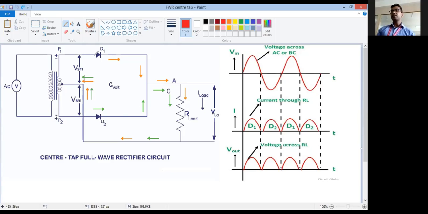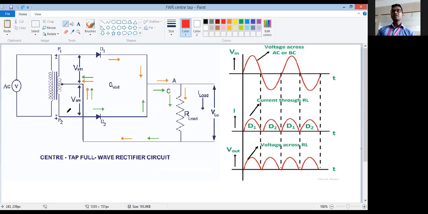And how are they connected? See, the output of D1 is going to the load, and also the output of D2 is going to the load. As you can see, the orange lines and the green lines: the orange line for the positive half cycle of the input and the green line for the negative half cycle of the input. We'll study it briefly, but just understand the construction of the circuit. If you see the construction of the circuit, here AC input is applied and we are getting the DC output here, correct? And the AC signal is given to the rectifier transformer. The transformer converts the high AC voltage into lower AC voltage.